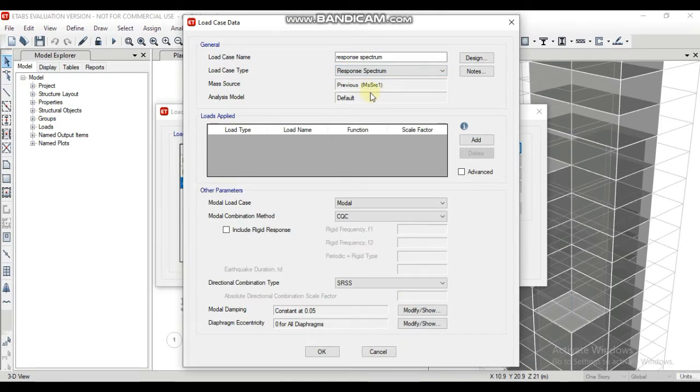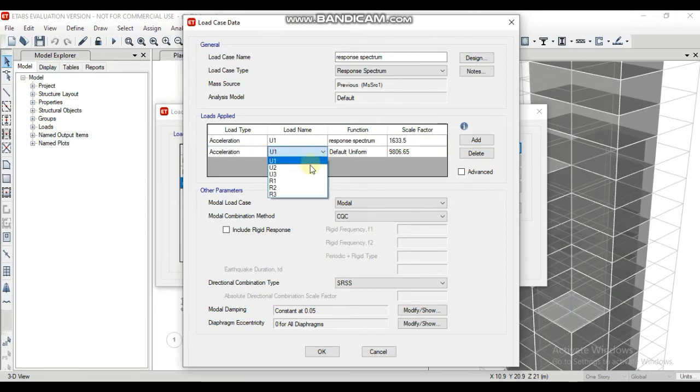Now add load and go to load type and add one. For the function, select response spectrum and change the scale factor to 1633.5, as we can get that from the formula I into 2g by 3R.